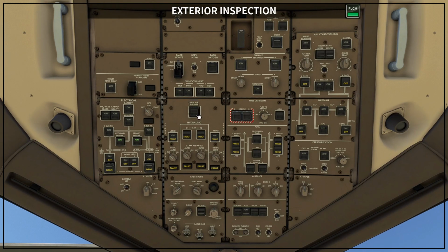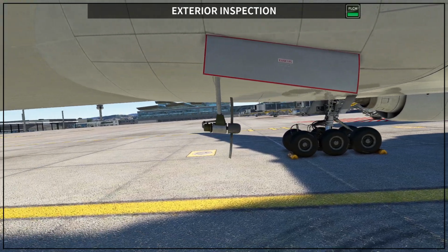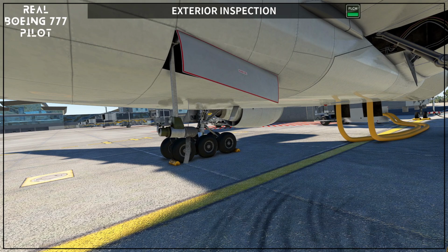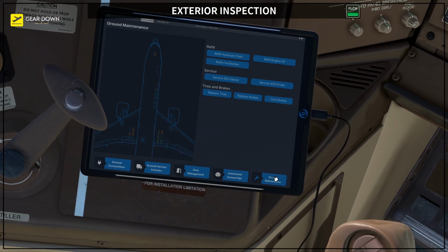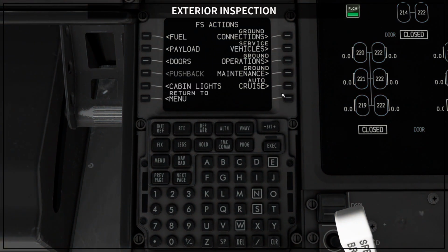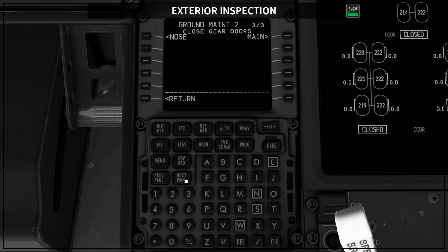Okay, so you are going to see what happened. It is unlocked, and here now you have the ram air turbine unlocked, so you do not want to see something like this. Then to recover this in the simulator itself, you need to go to your, let me see if we can do it on the tablet. I don't think so. You need to go all the way to your FMC, FS actions, ground maintenance, and then you need to ask here for